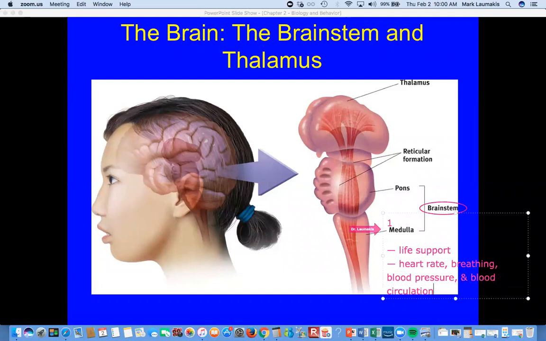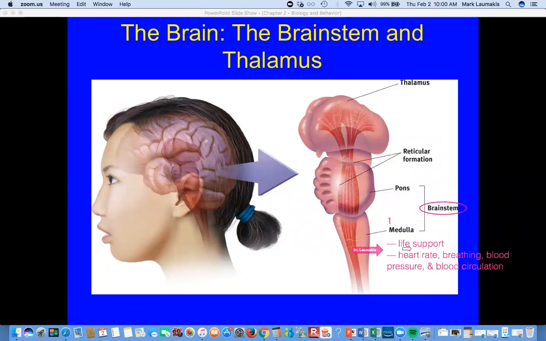Okay, that's important, right? I usually say at this point, there are no unimportant parts of the brain, but without the medulla, what happens? If you damage your medulla, what is the pretty much immediate result? Yeah, you're going to end up dead. This is what keeps you alive.